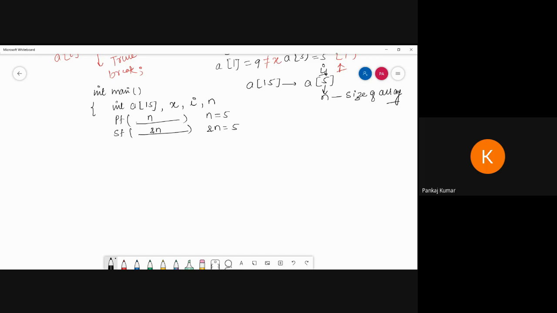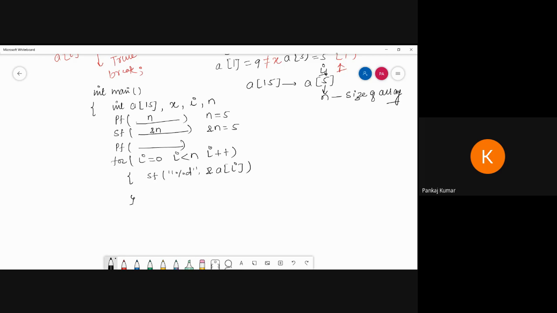After this we enter printf, "Enter the elements of the array," and for storing purposes I am going to write a for loop, i equal to 0, i less than n, i plus plus. Inside that we write a scanf statement, %d, &a[i], and this will be closed.